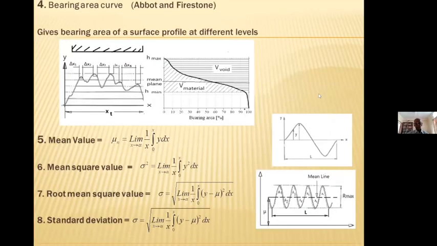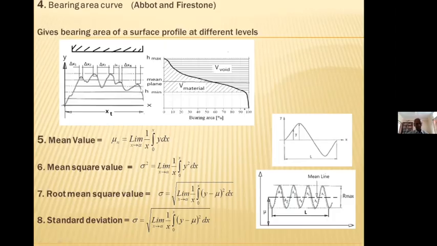Now there are many more parameters, and another parameter is the bearing area curve, widely known as the Abbott and Firestone bearing area curve. Let us look at a surface as shown in the picture here. So this is a surface,